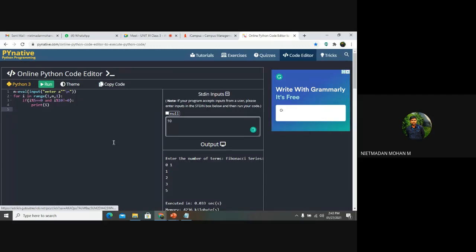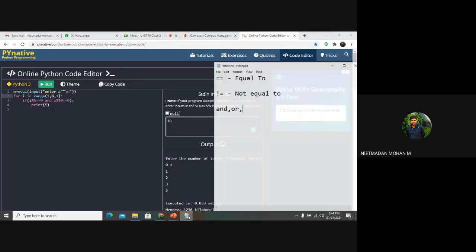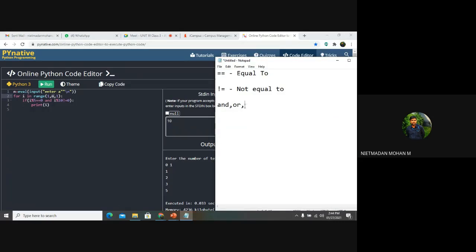First it will take the number 1, so the first iteration will happen here. If 1 mod 5 is equal to 0 and 1 mod 10 is not equal to 0, is the condition true or false?